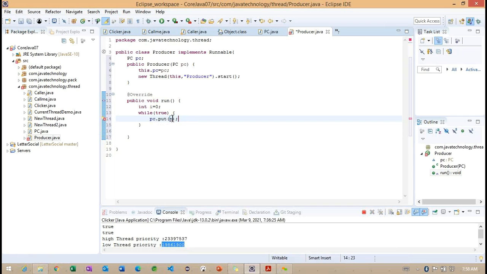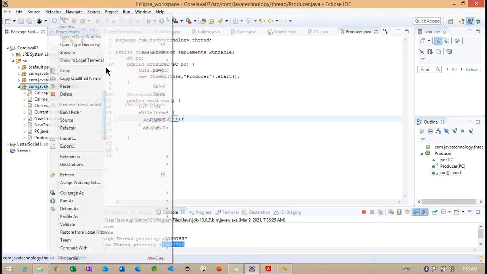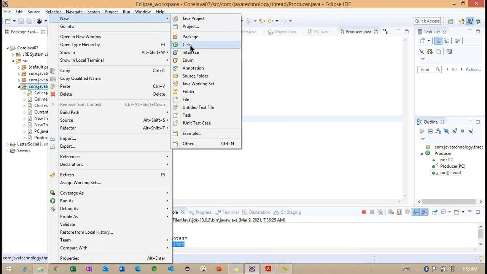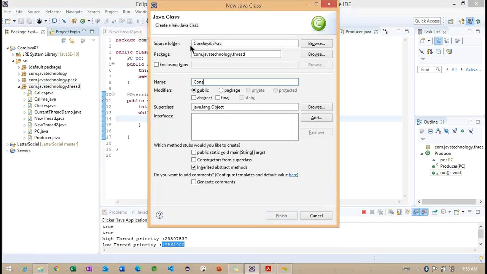We don't have an n value, directly we have the i value, so the i value I'm going to pass here. This is all about the producer related example.